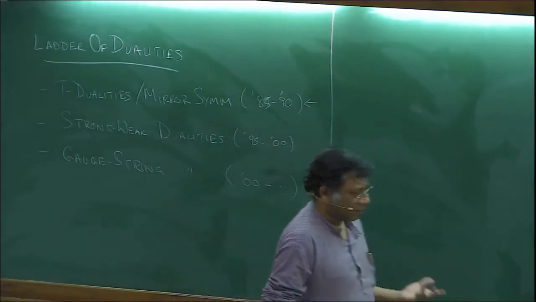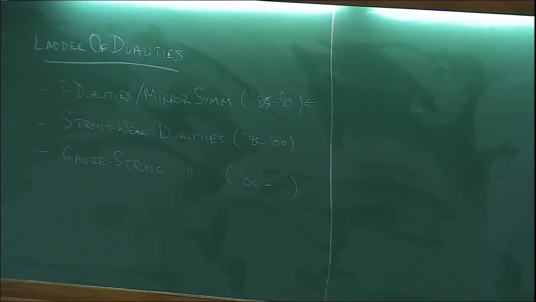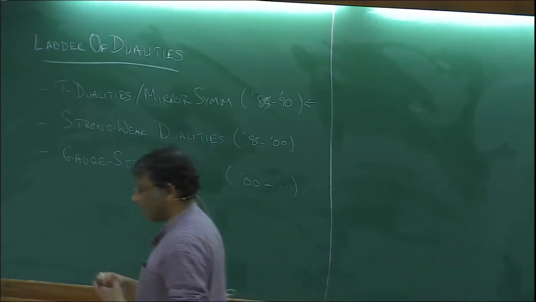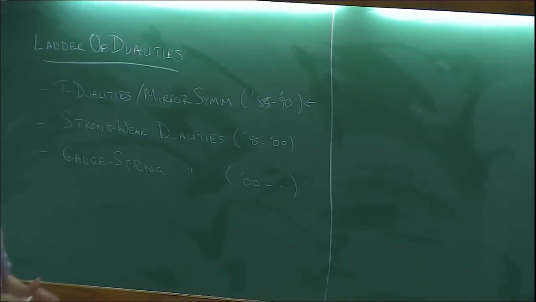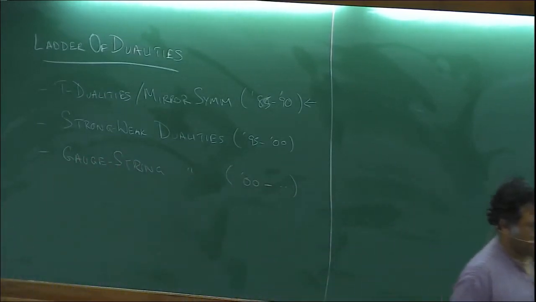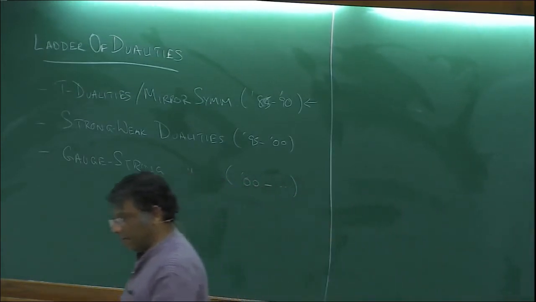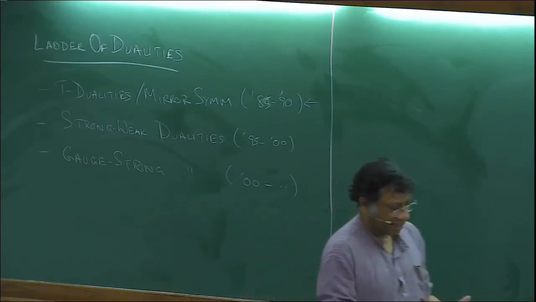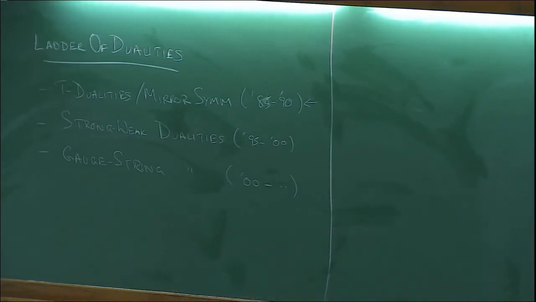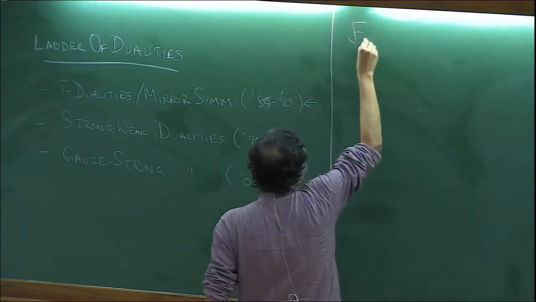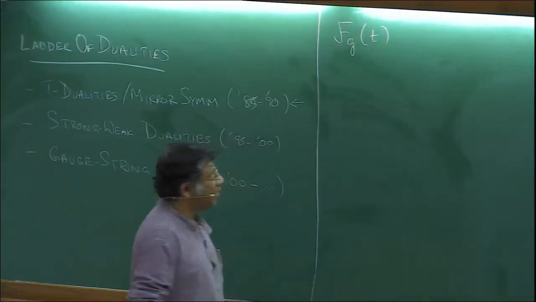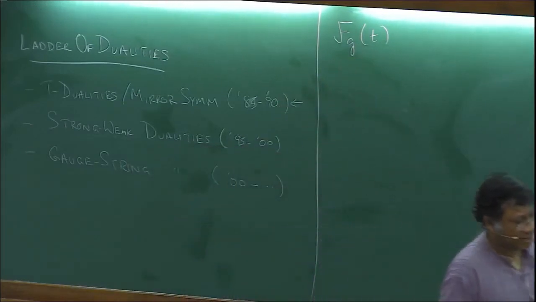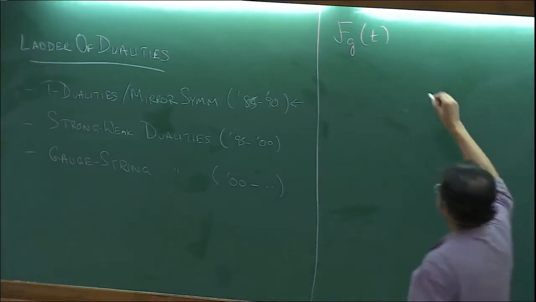And what was this? This was the statement that the generating function of a particular physically relevant quantity, the amplitude, the string amplitude, is also in the context of topological strings. It is an interesting enumerative geometric object. So this F_g of t, the t's were these complexified scalar parameters, and this was the generating function, which had